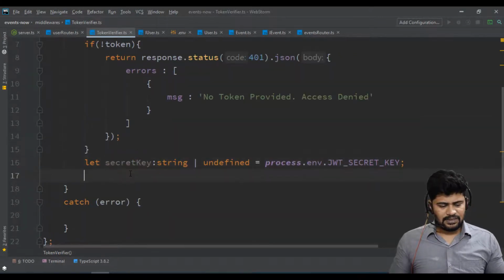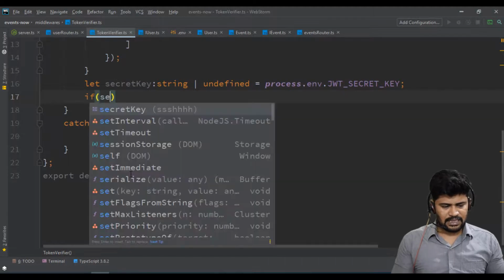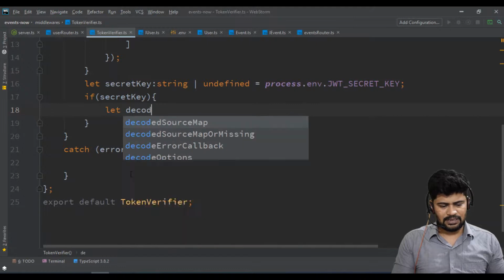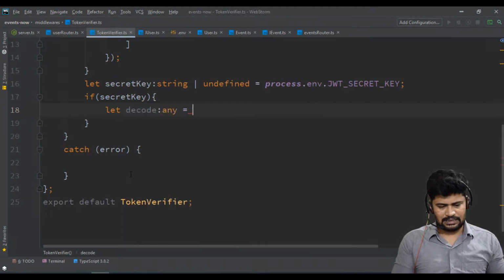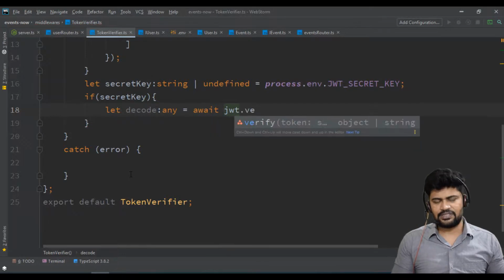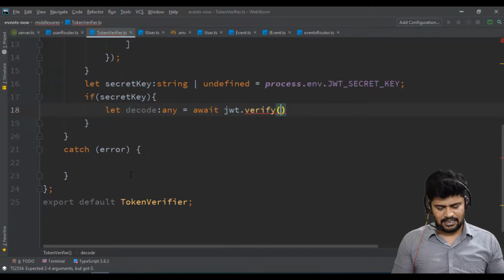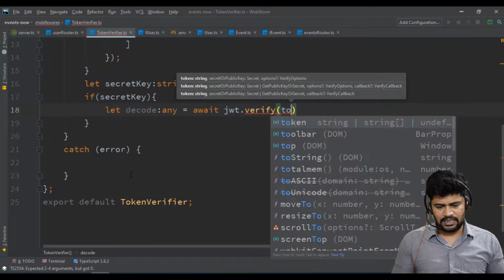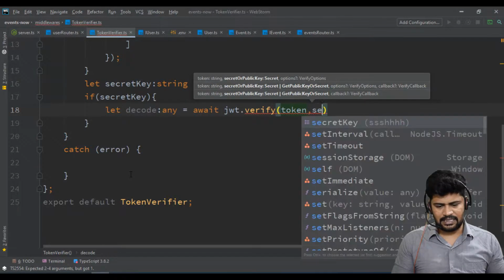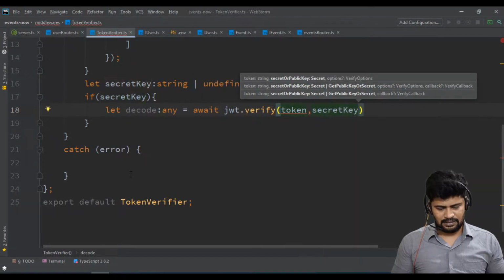If the secret key is there, then you decode. Let decoded of type any is equal to await jwt.verify. There's a function called verify. It will decode it back, verify the token, and you also have to provide the secret key. That's all.